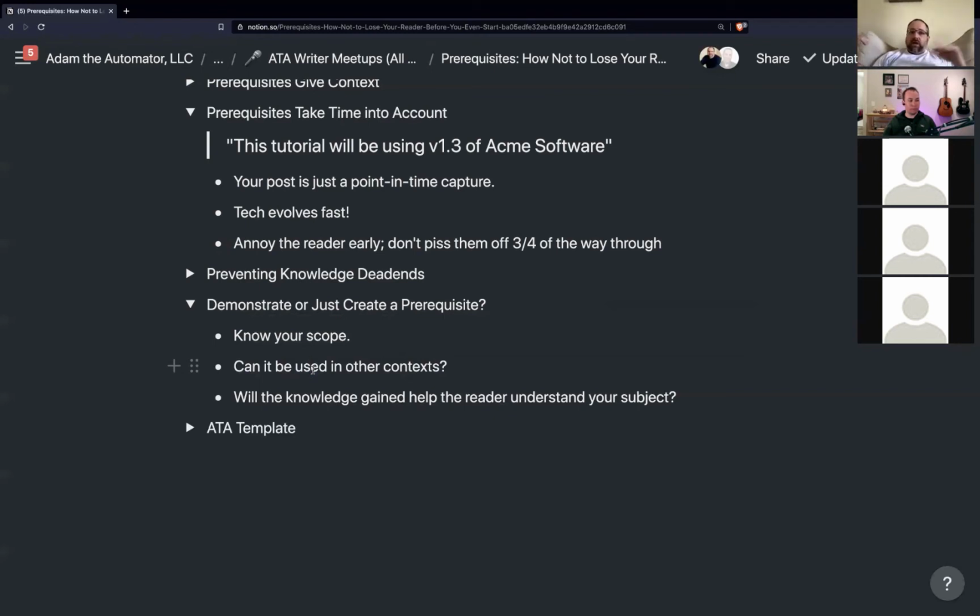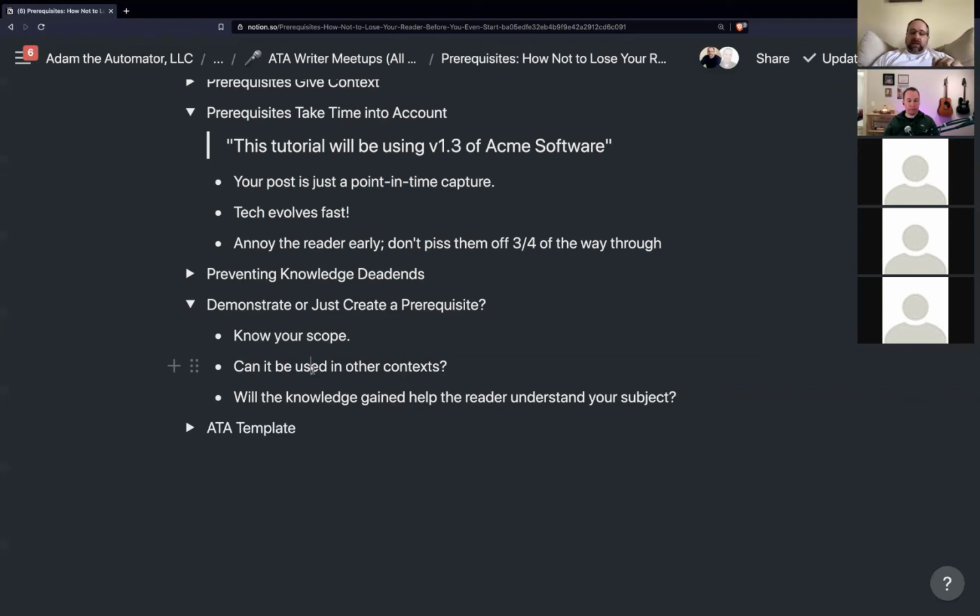You need a user account to provision an EC2 instance. You need a user account to create a Lambda. You need an IAM user account to do lots of different things. The act of creating that user account can be used in all kinds of different contexts. That's a good indication that it needs to be a prereq, and you do not need to